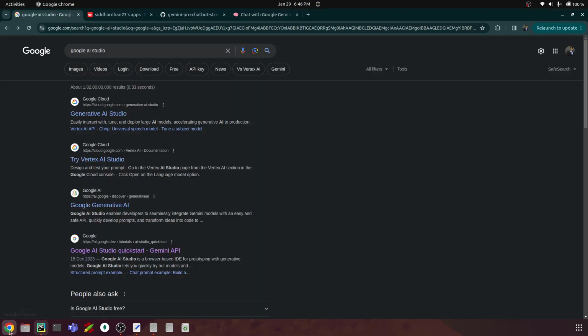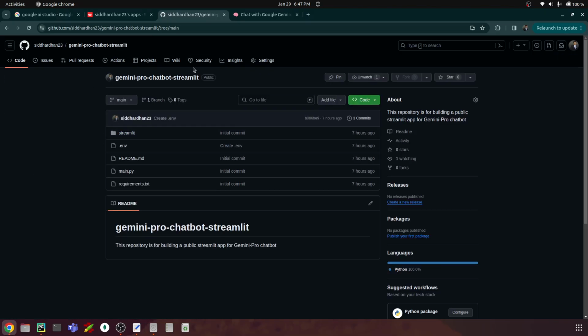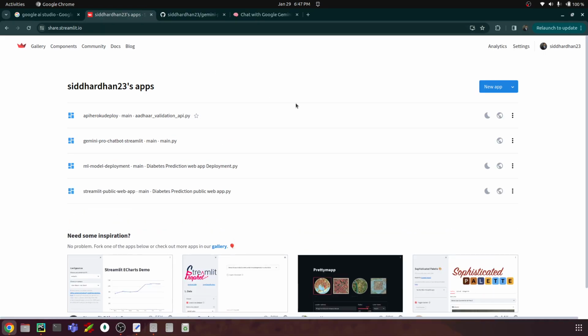So once you have tested your app locally, put that code in a GitHub repository, create a Streamlit account with the same Gmail or other IDs that you have, and connect your repository to this. Those steps are pretty simple. You can also sign up to Streamlit with your GitHub repository. Once that is done, you can